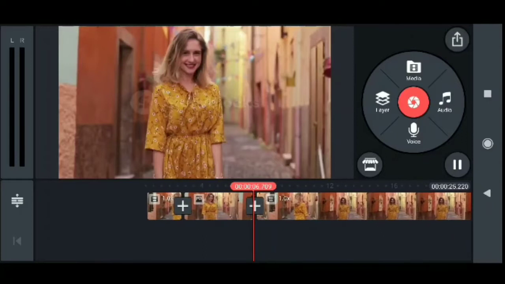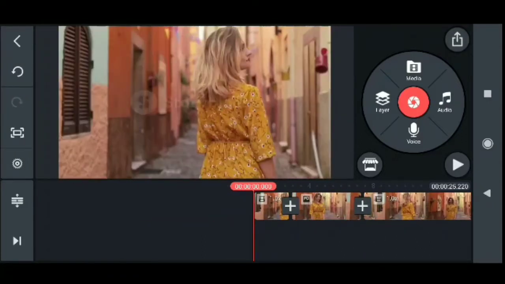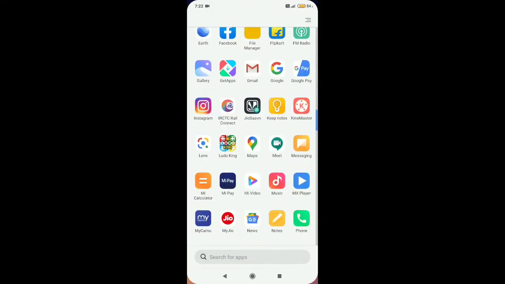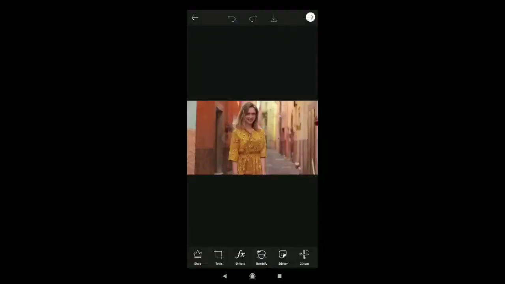See this one. So this is the first step, and let's go to the second step, which is using PicsArt. Open PicsArt and edit the picture of which we have taken a screenshot.